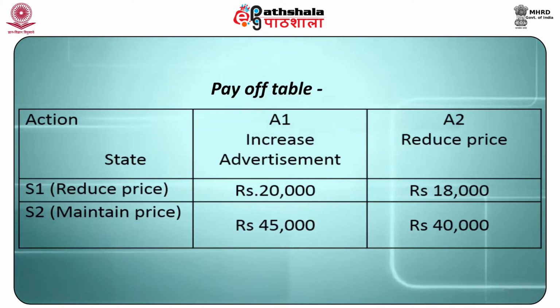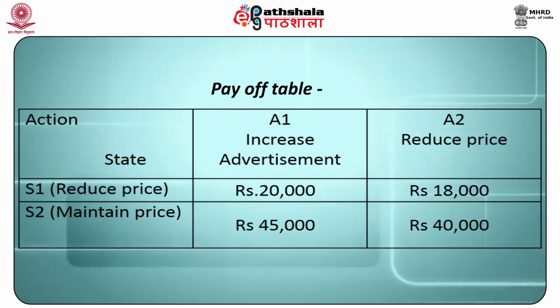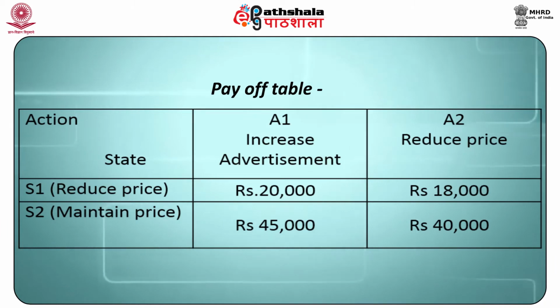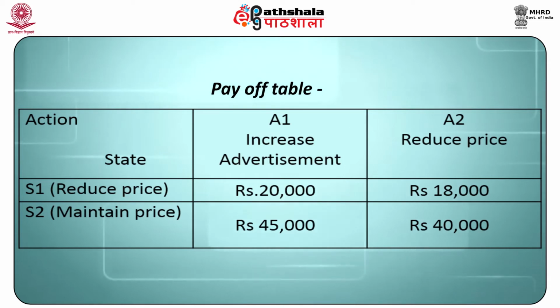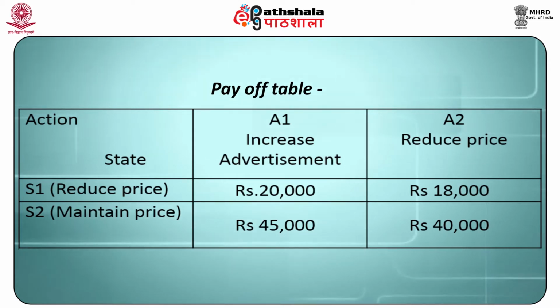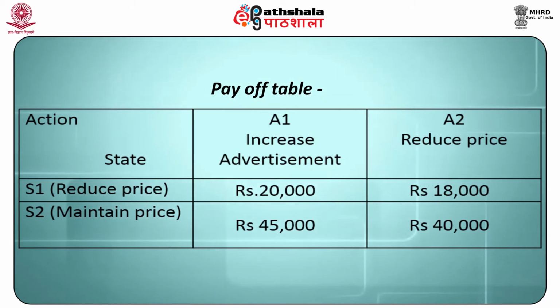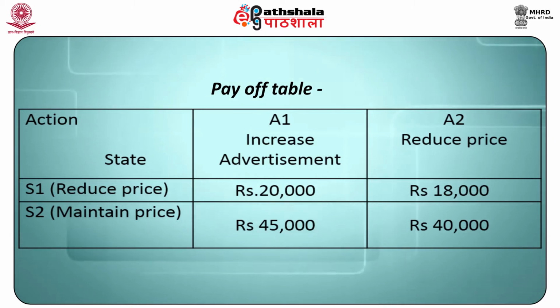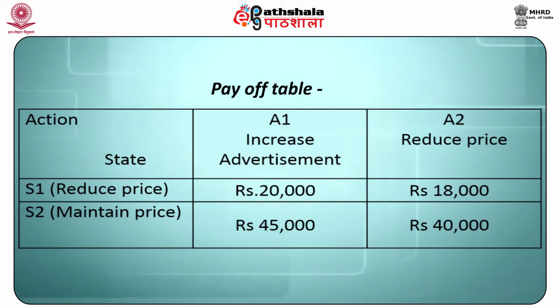Let us take an illustration where a man can either increase the expenses on advertisement or he may decide to reduce the price of the product. His competitor may also reduce the price or maintain the price. Thus, what the competitor will do is the state of nature over which he has no control. His own decision will be his action plans. The same can be presented in the following payoff table where his profits in rupees are assumed. The table shows action plans as columns and states of nature in rows.